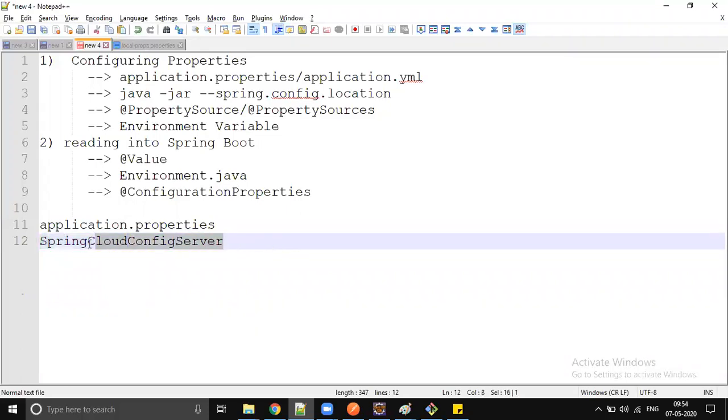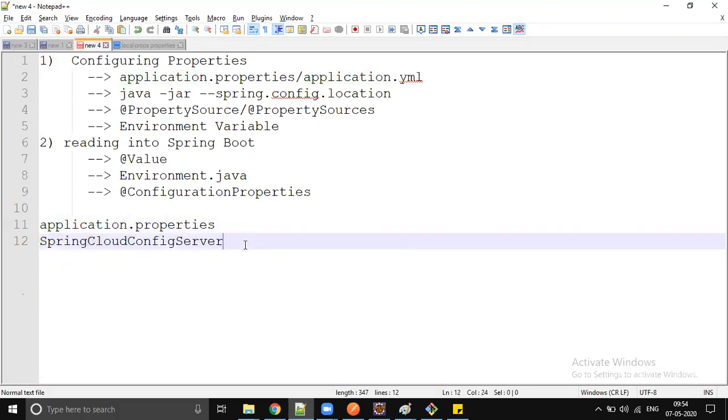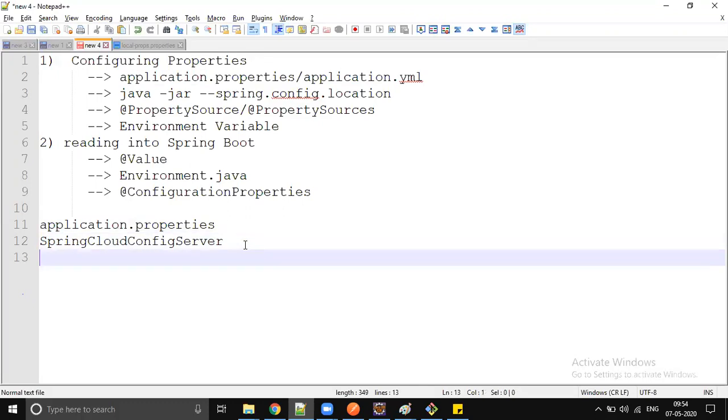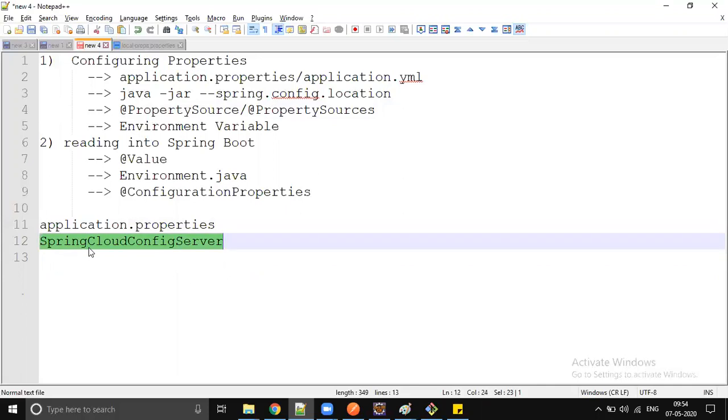server. So that is somewhat secure comparatively with application properties. If you want more security than the cloud config server, then we put it in some file and you pass that as a dynamic argument. That is more secure, but we don't do that in real time. Mostly we use these two: application properties, and the next topic is cloud config server.